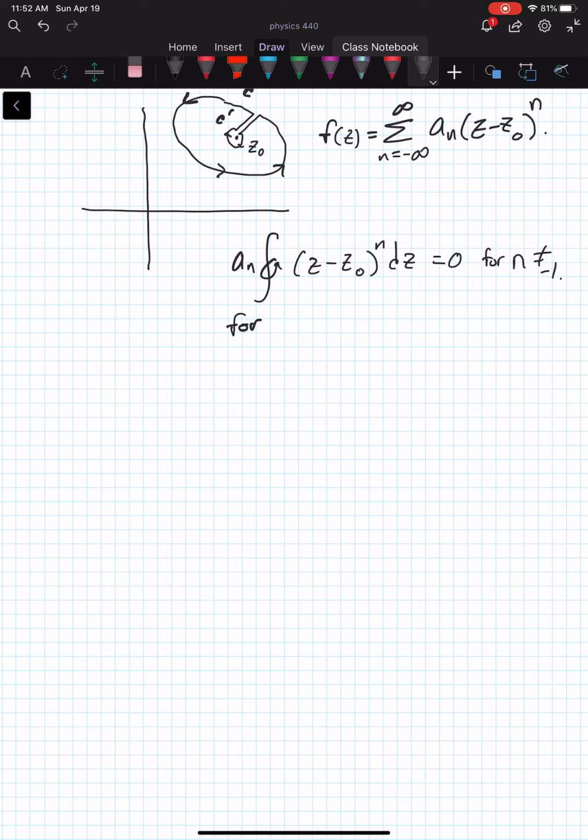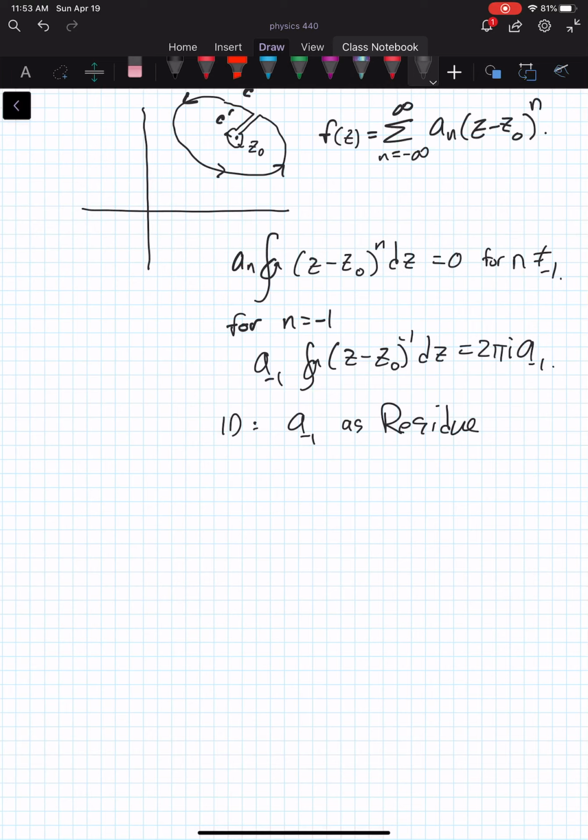Whereas for n equals minus 1, we have a sub minus 1 times the integral of z minus z naught to the minus 1 dz, which is equal to 2 pi i times a sub minus 1. And so we identify that a sub minus 1 as the residue, and sometimes we'll denote that as R at z naught. And we were running out of time before I could really fully explain the significance of this, but the residue is what's left over from integrating over this analytic region when you can have a